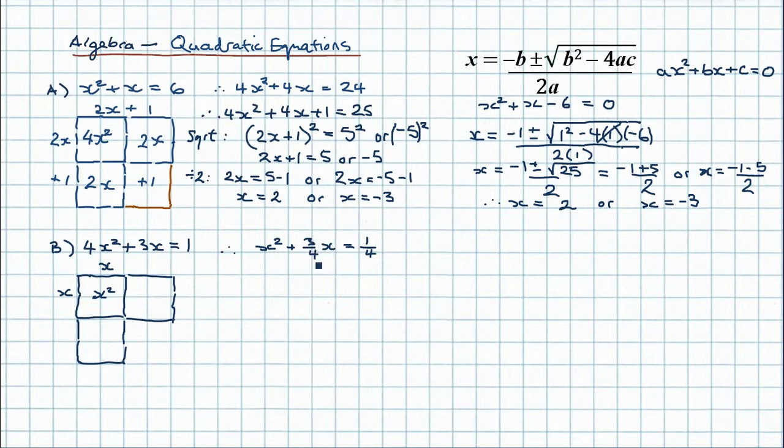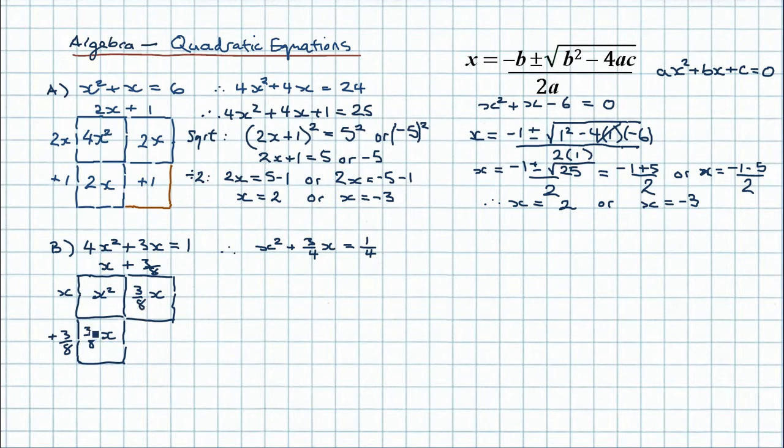Now we've got to halve 3/4. Well, that's pretty straightforward. 3/4 halved is 3/8 of x in both these boxes here. And that must mean we've got to square x plus 3/8. So plus 3/8. So completing the square here,